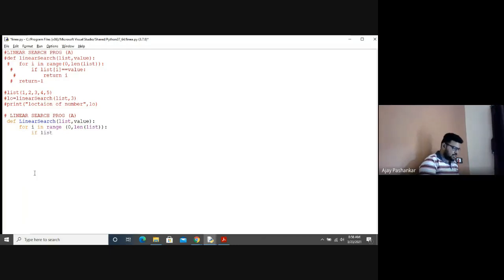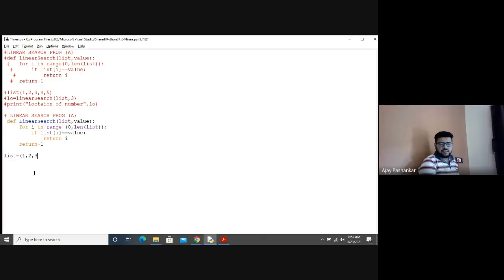If list index i equals that value, it will simply return i, or else it will return -1. So no index means -1. Now in Python, indentation error is one of the most common errors. You can see.